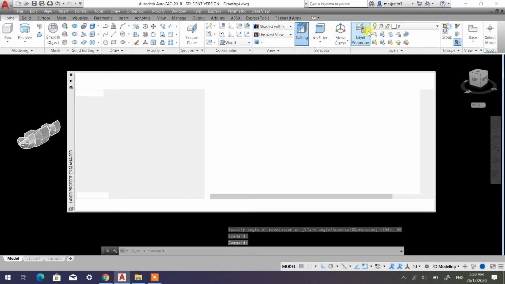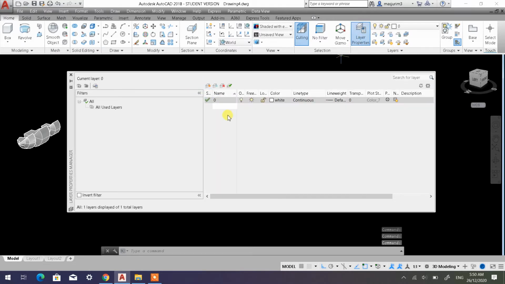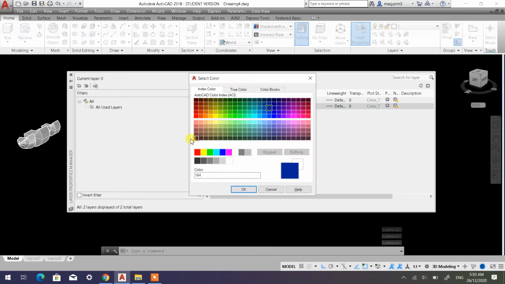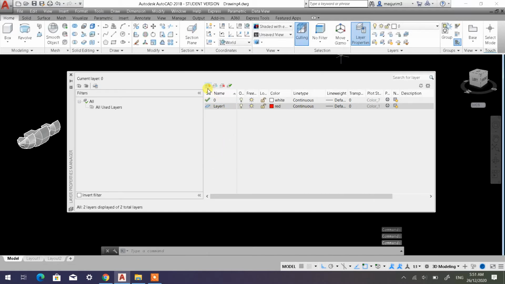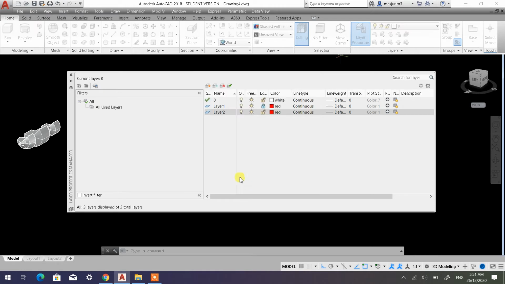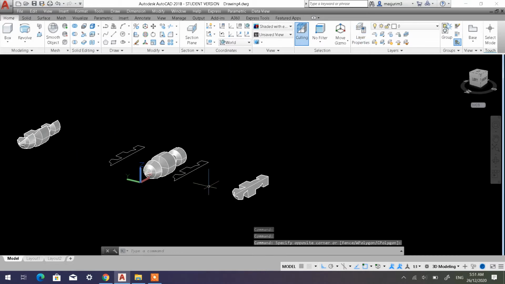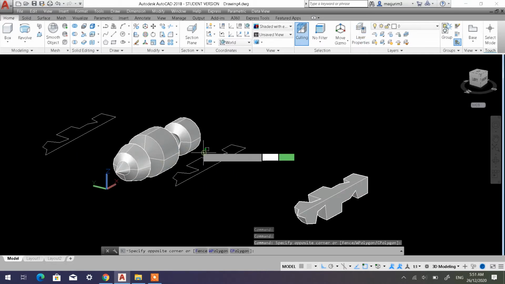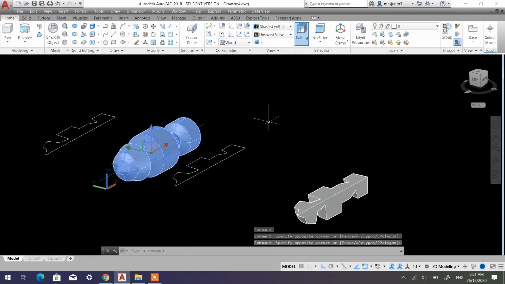Okay, kita dah belajar layers sebelum ni kan, so I'm going to key in the layers. Yes, I'm going to have a red color, and then I'm going to have a yellow color, right? So if let's say I would like to change the layers, I just need to select first the